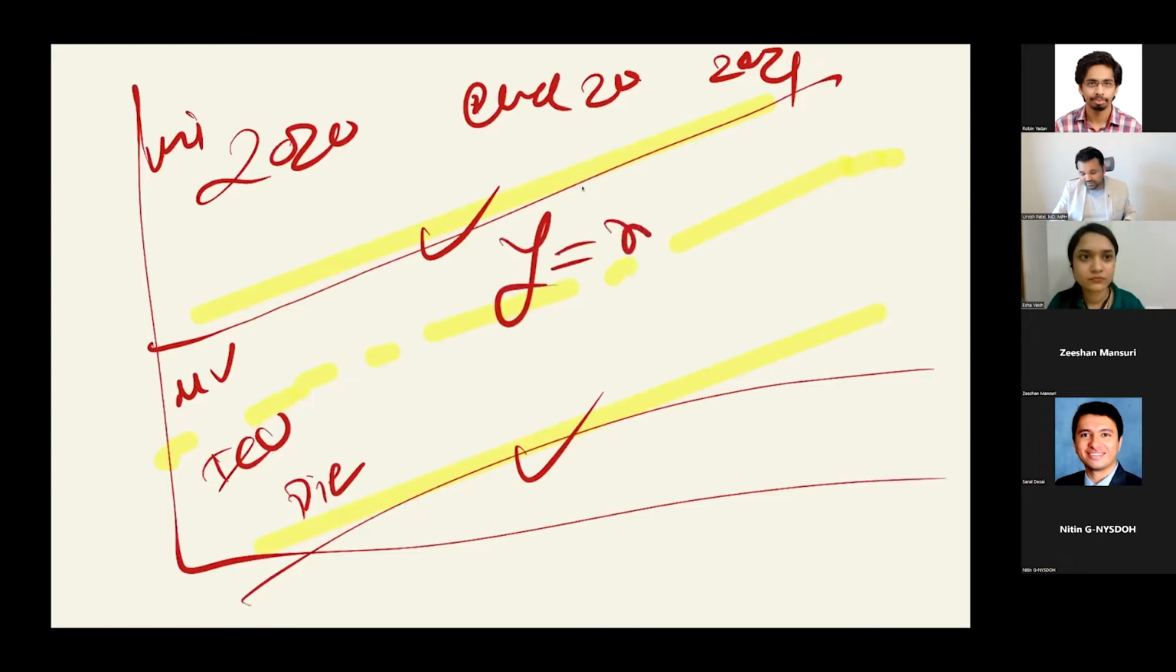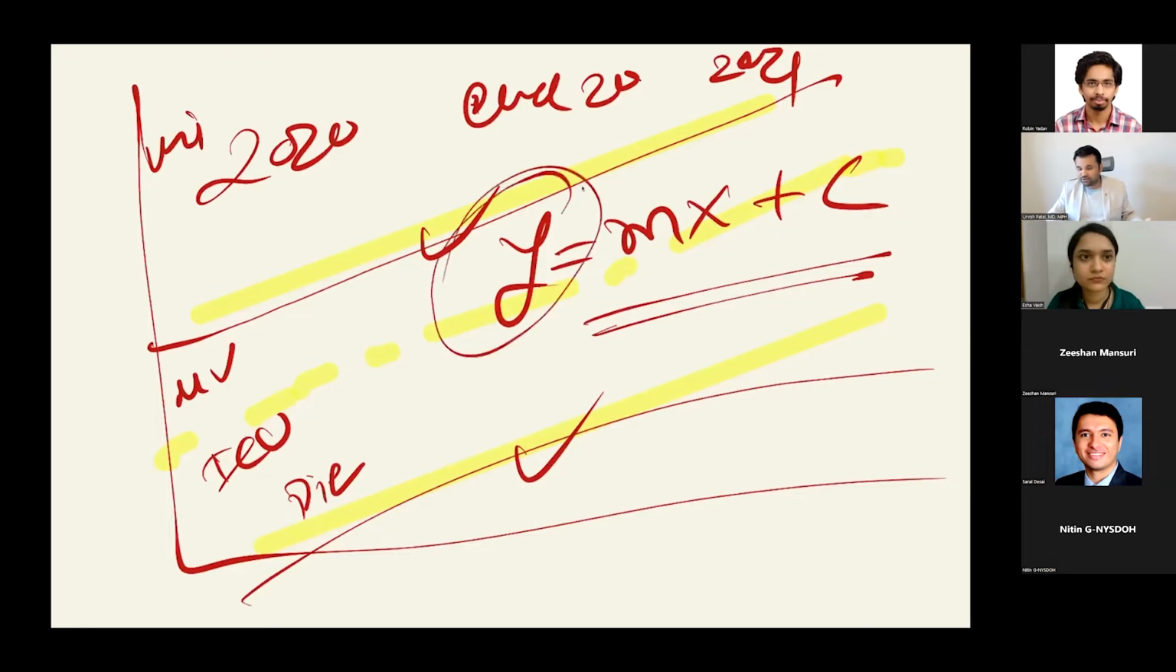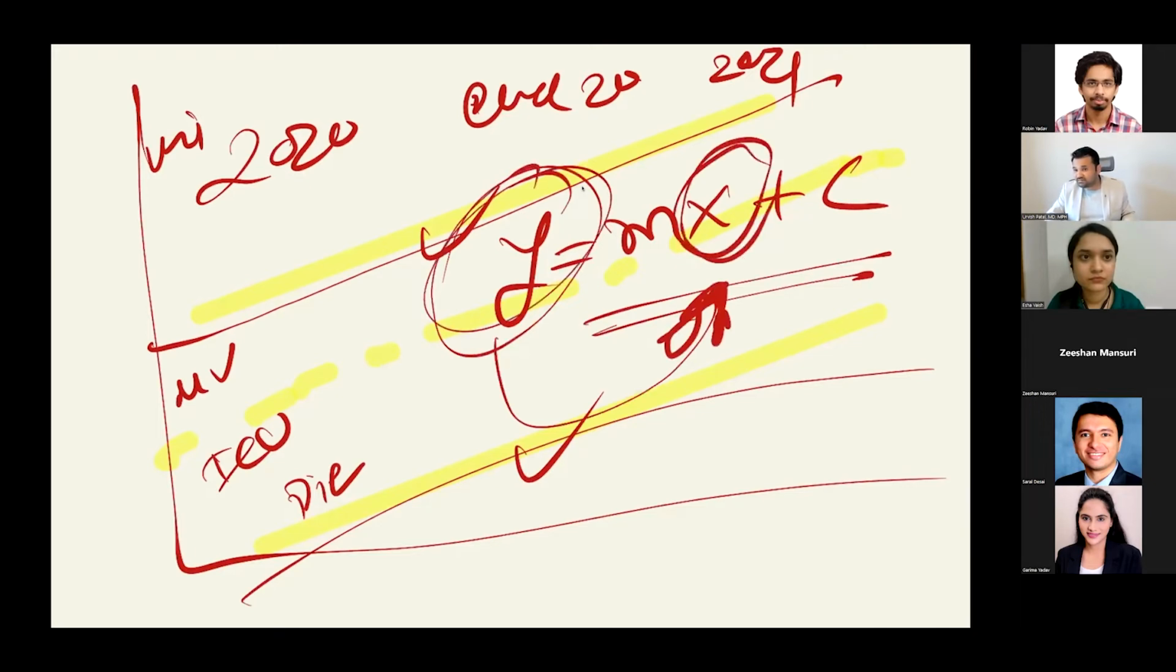And the simple way of doing it, everyone knows from high school this formula: Y is equal to mx plus c. Y is your dependent outcome, which depends on mx plus c. x is your independent variable, and m and c are your slope and intercept. On the basis of that, you can decide the